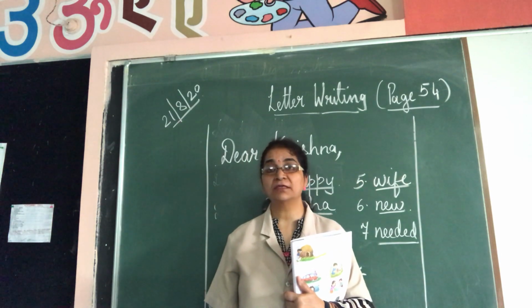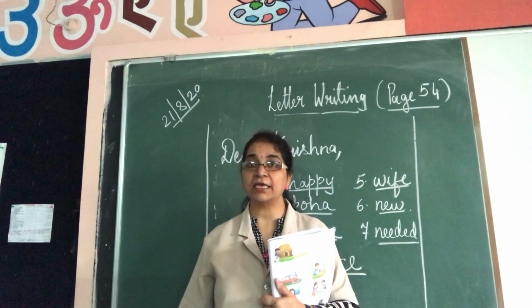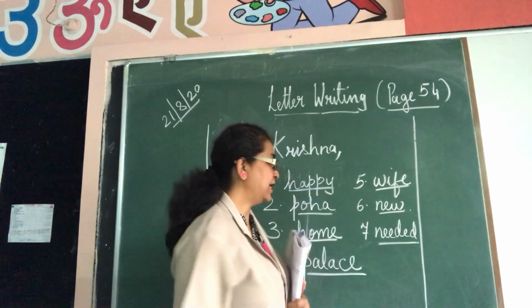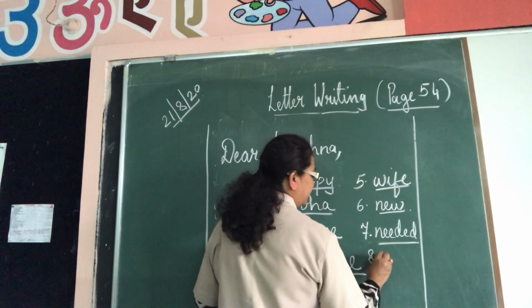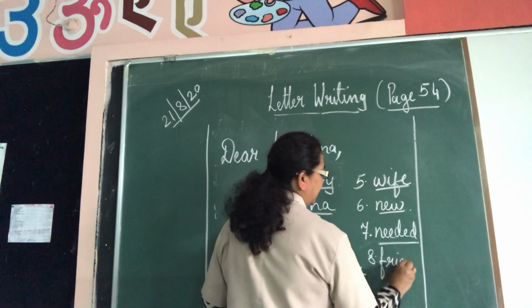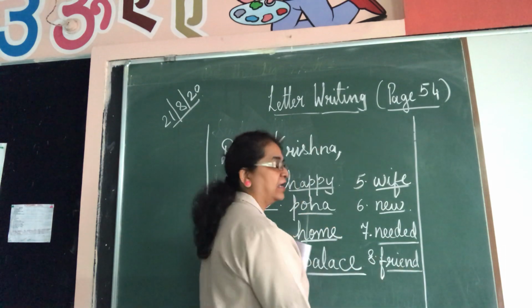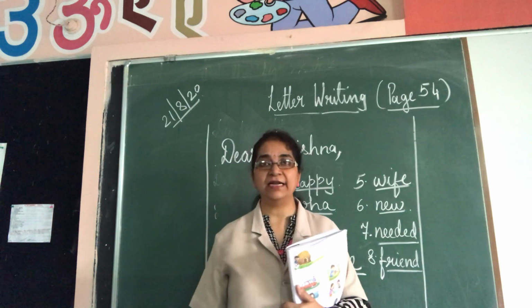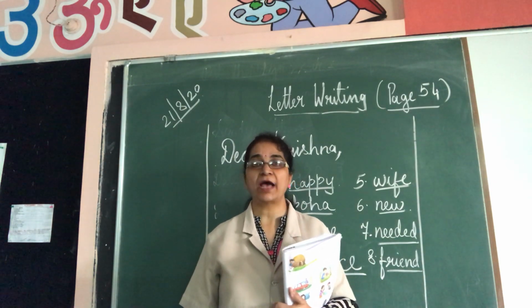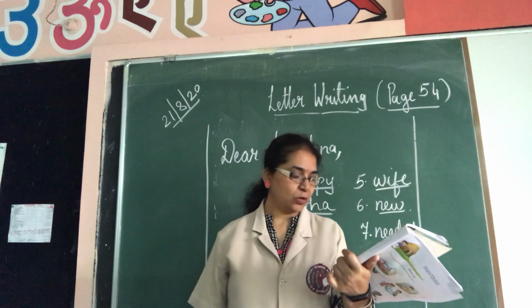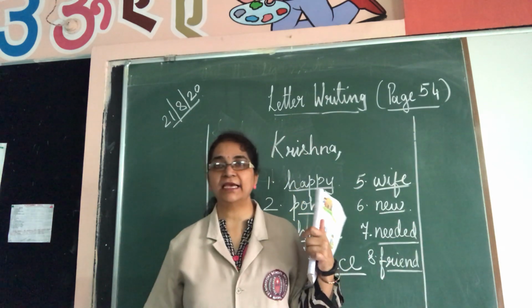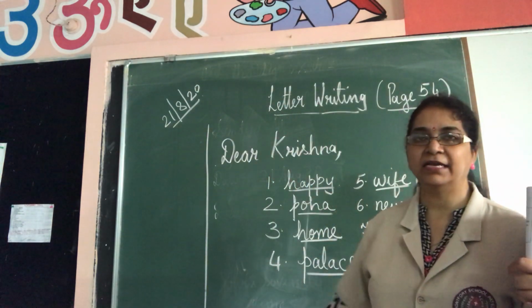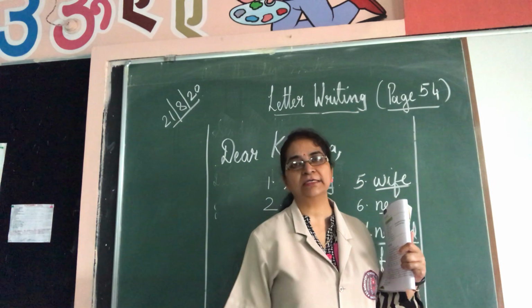I am lucky, मैं किस्मत वाला हूँ. To have a dash like you, to have a friend like you. So, 8th dash, friend. F-R-I-E-N-D, friend. I am lucky to have a friend like you. Thank you, my dear friend. And what did I say? Last, where you will write yours lovingly, Sudama. Yours lovingly, Sudama. So I hope you understood the letter.